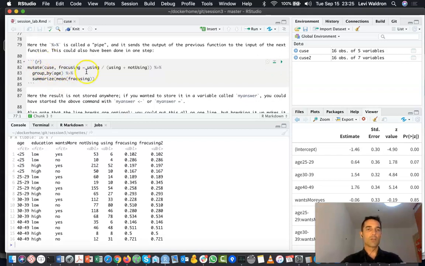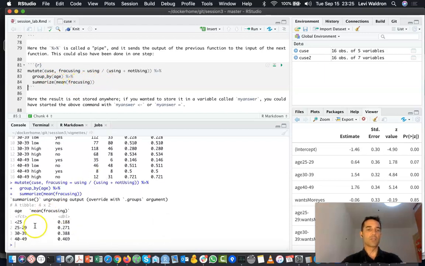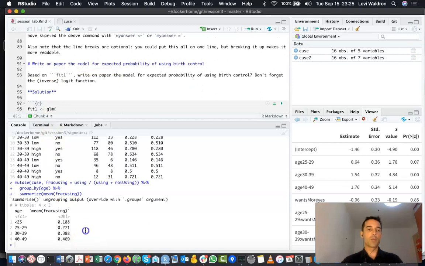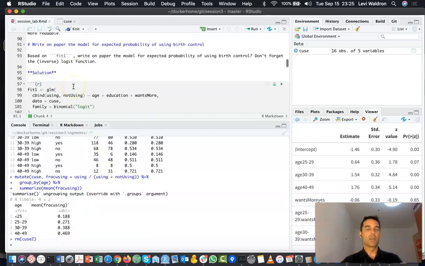So this all could have also been done in one step using the pipe. In this example, I do the mutate, I pipe that into group by age, and then I pipe that into this summarize mean frac using. And this produces exactly the same result, but without creating that extra Qs2 variable, which maybe I'll go ahead and clean up because I'm not using it anymore. Doesn't really matter, but